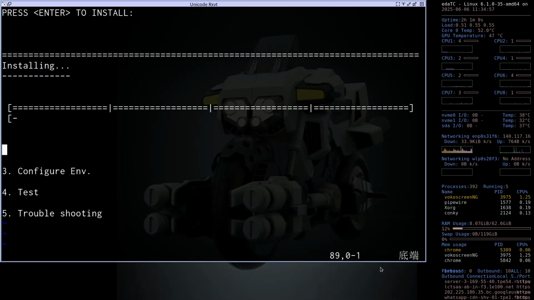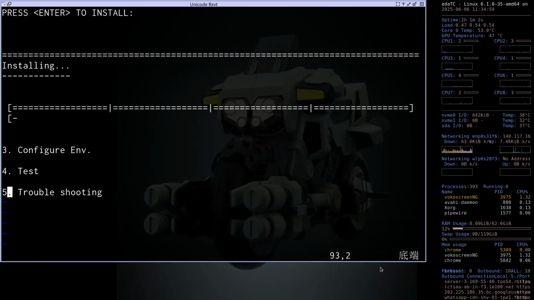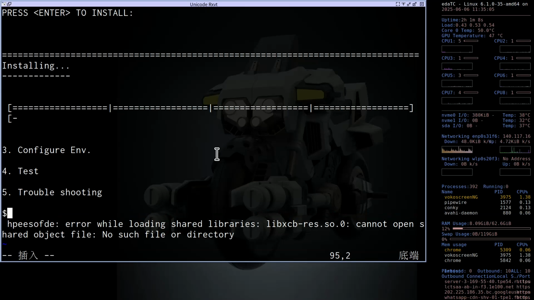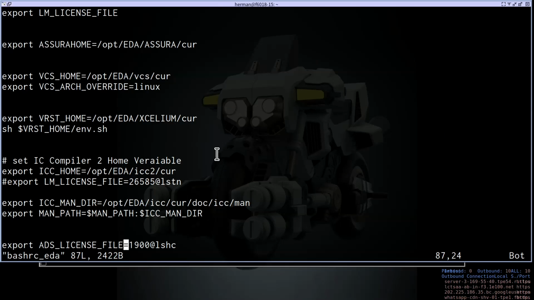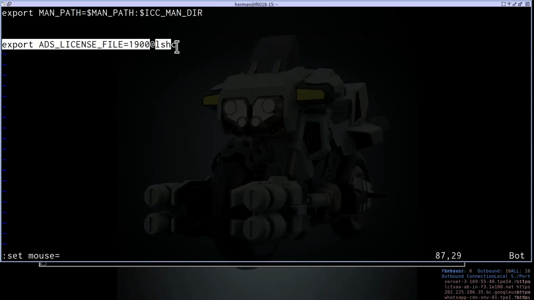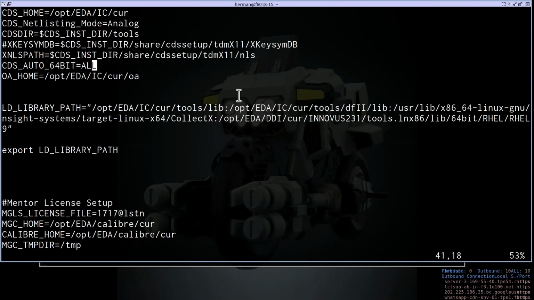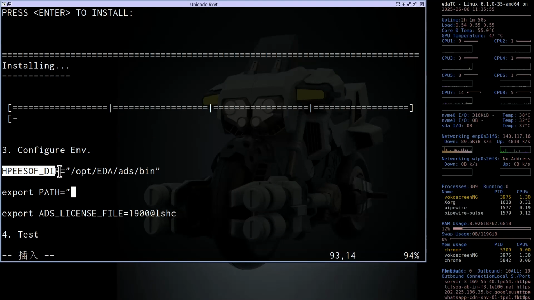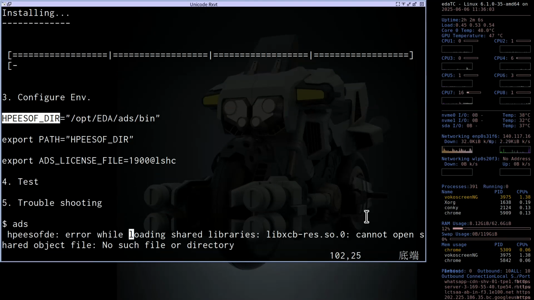So we can configure the environment here and test ADS. The environment setting is these two. Okay, please follow my procedure for this problem and we will try to solve this again.